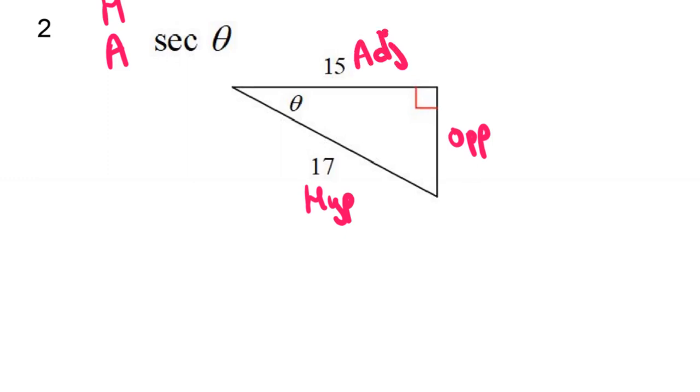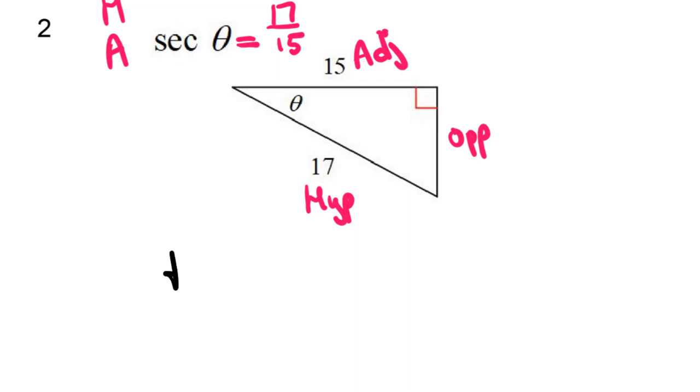So those are my 3 sides, and the 2 that I need for this ratio of secant I already got them. So that's cool. So, I got you. So 17 over 15, I can't reduce it. Boom, diggity, done. Now, I'm going to throw a curveball at you, though, because we're going to do other problems